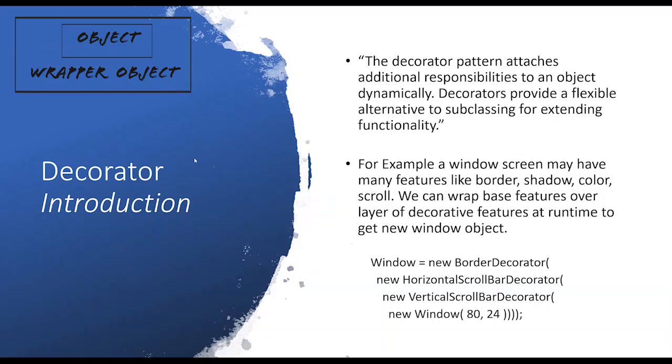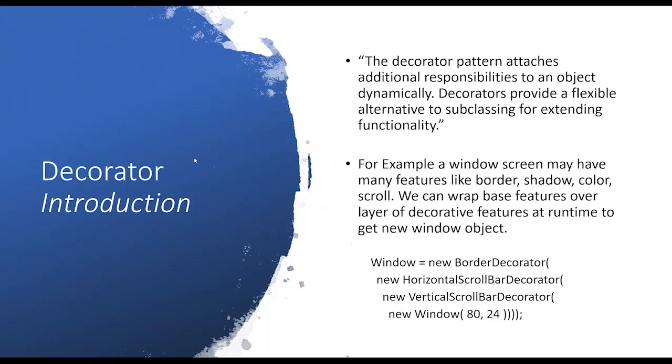I will reiterate. We have an object and we want to attach a particular behavior to that object. How will we do that? We will create a wrapper object, and that wrapper object will have that behavior. That wrapper object will wrap our core object. And thus, the final object which will be delivered will be composed of our core behavior as well as a new functional behavior which we want to expect from the object.